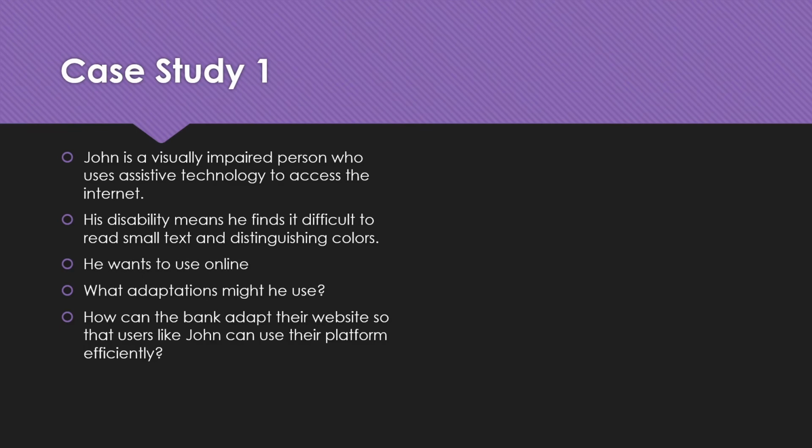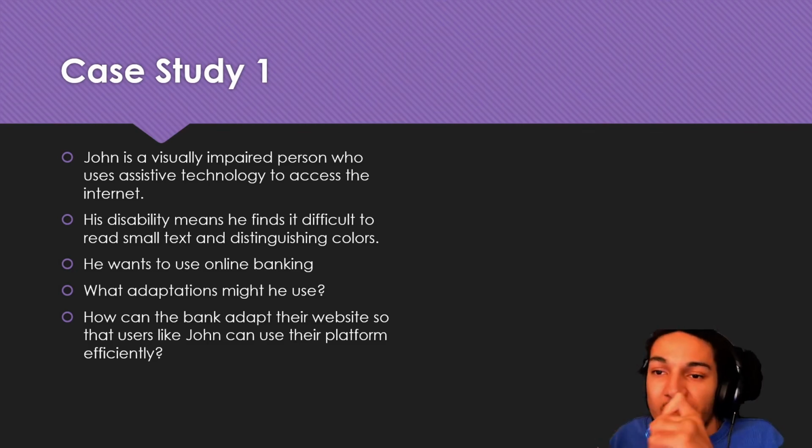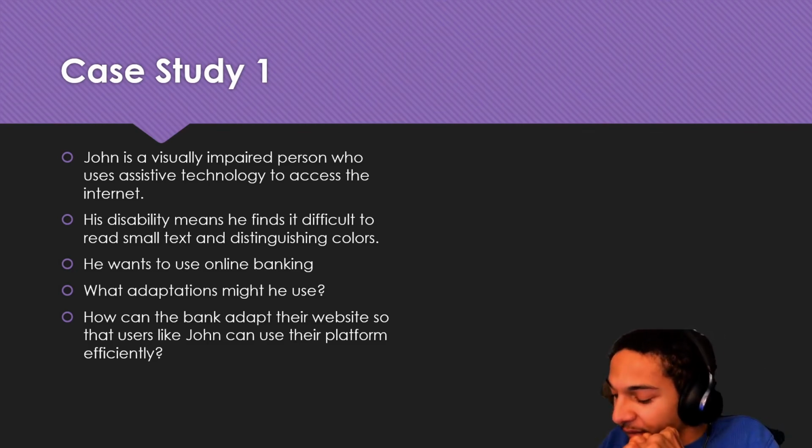Nacho says, how about adding some area labels to the buttons, improve the visibility and the color scheme? Yes. You can swap typing live. I didn't realize that. Yes. So, what adaptations might he use as well? Because there's always things that each party can do. There's always stuff that the bank can do, and there's always stuff that the user can do in order to make it easier for the disabled person.